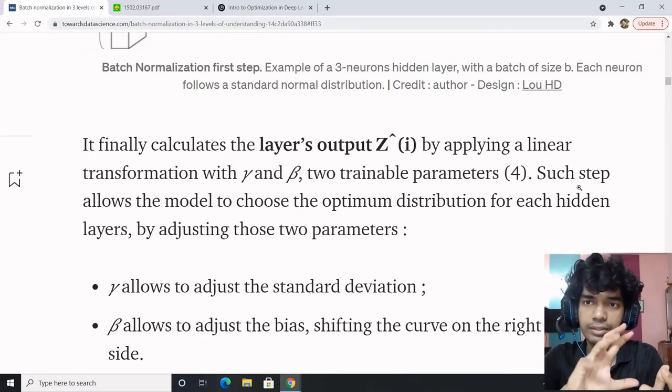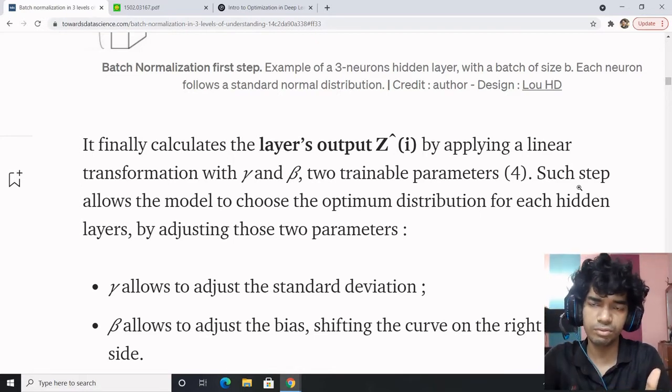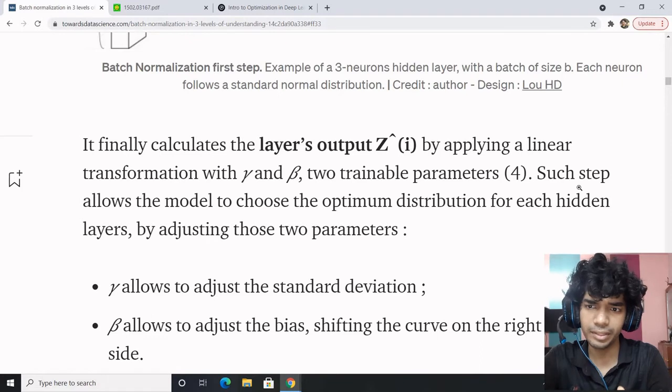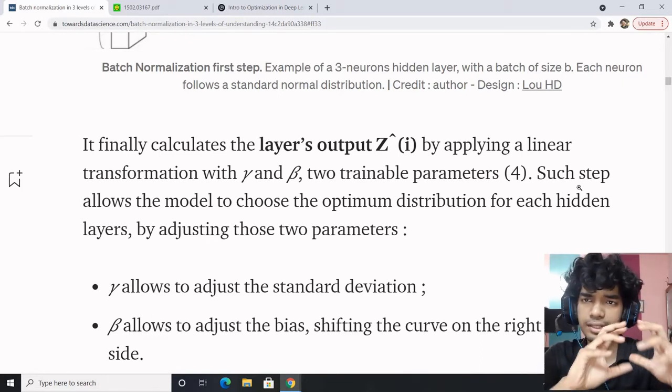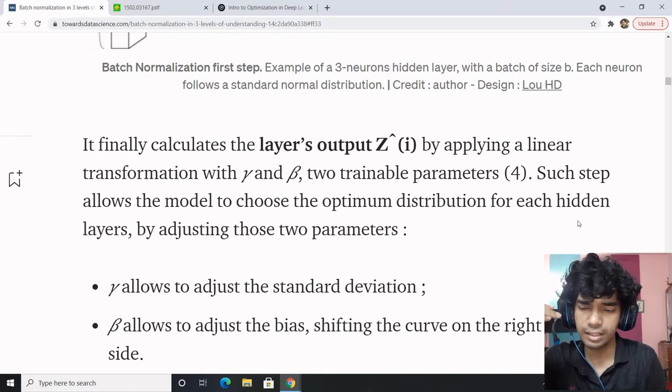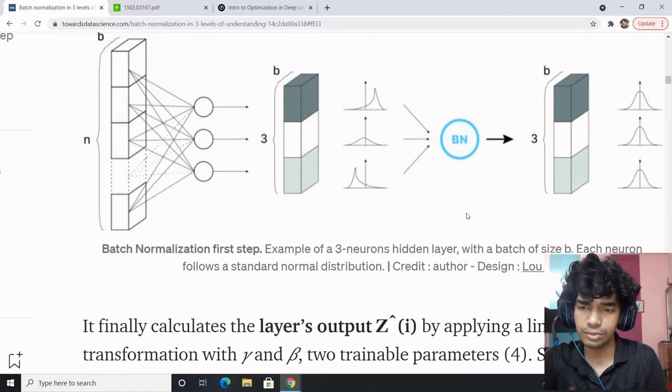Like in image classification problems, you would always divide by 255 for RGB scales. Why? The reason being, the more standardly distributed the data is, like if it is from 0 to 1, the better and the faster the training. So that is what this does. So why should I limit myself to the input part only? Let us extend ourselves to the internal hidden layers. And if you get into the internal hidden layers, that is what batch normalization is trying to do.